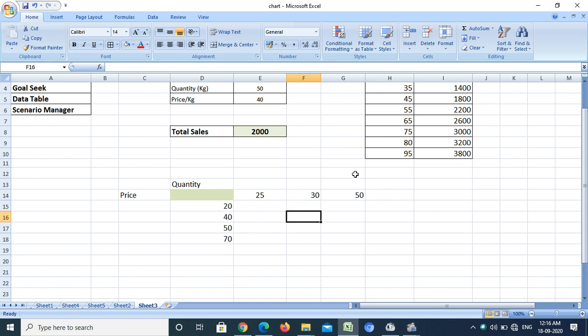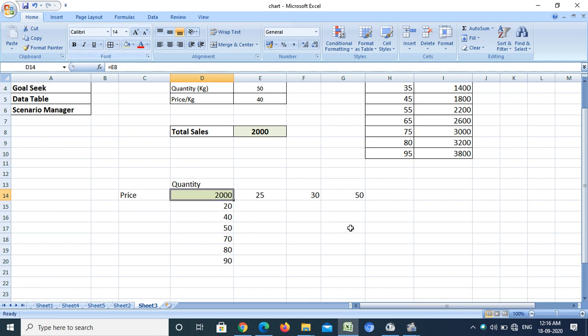So I need a proper table. For that I have to first write this amount in this column. I press the equal to sign, copy this data and press enter. It will copy my data.